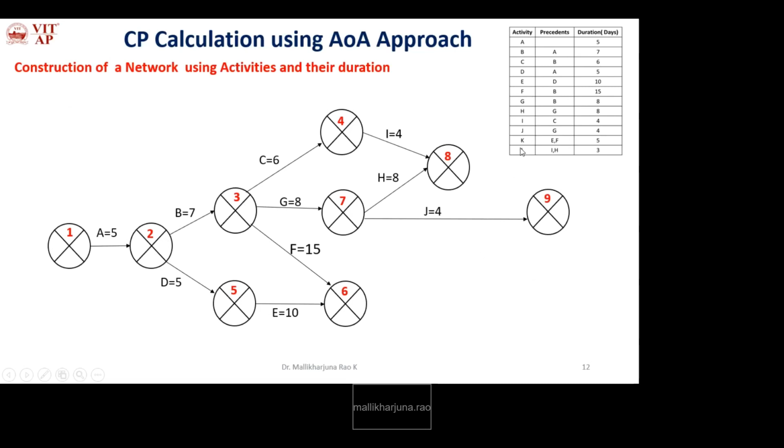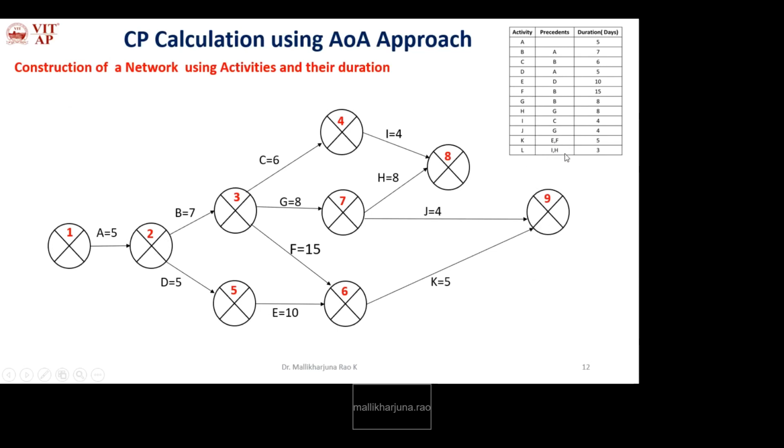Next K. K starts after E and F. So what is the start point for K? Where E and F are ended. E and F are ended at 6, so this is the start point for K. And for the end point, we have one node, that is 9. Then L. What is the start point for L?